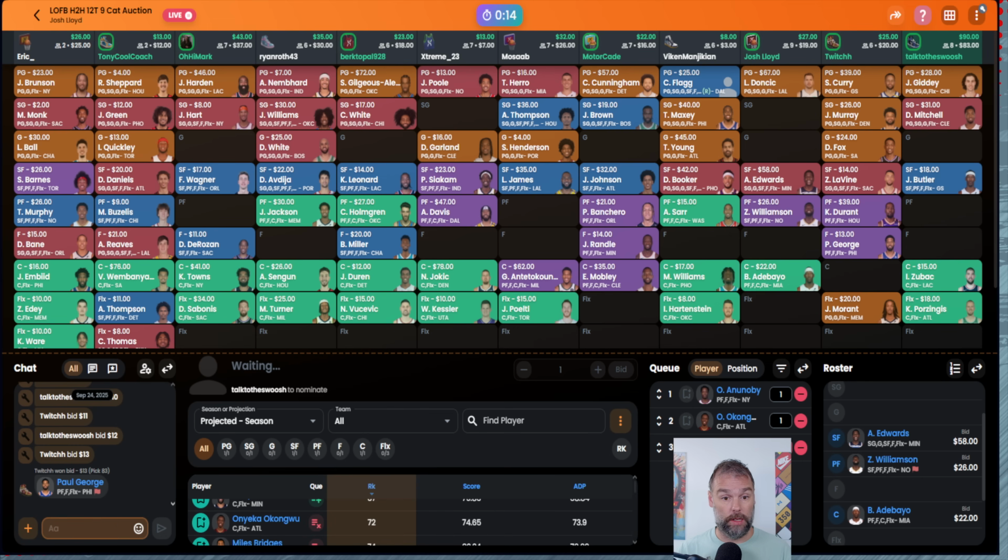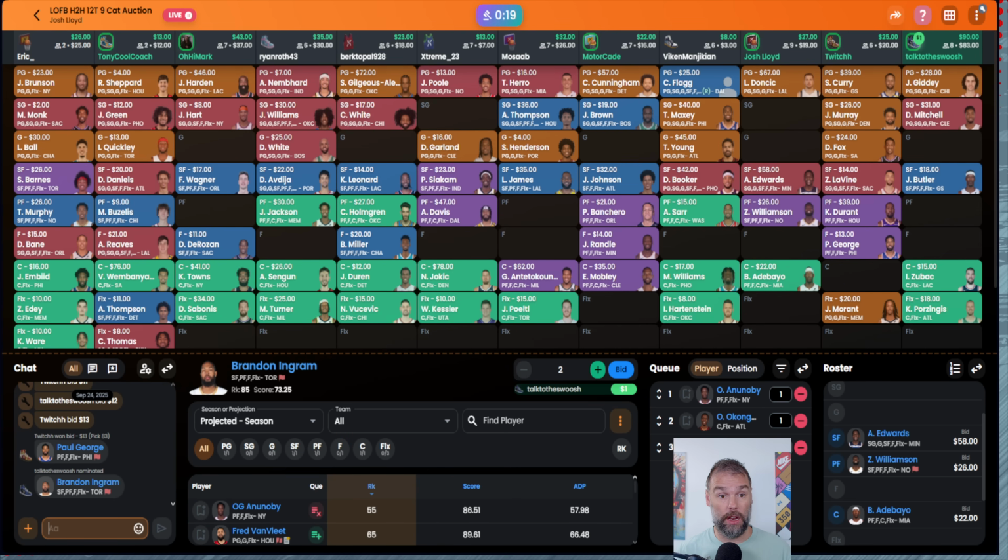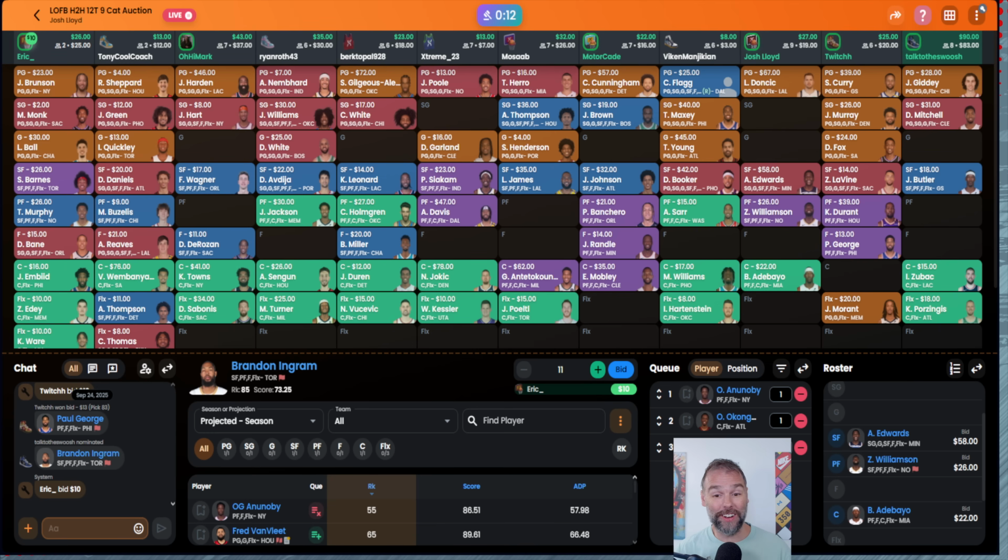Let's see what happens. It's Swoosh nominating. Last time I think he nominated someone, he was bidding up on them and didn't take them. Why do I care? 2 players with 2 spots left, by the way. Eric and Tony Coolcoach. Ingram. Brando Ingram. Eric, the $10 bid. What? What is going on with this guy? Which, again, for Ingram, he's $7 price on Yahoo. All right, I think he's probably worth more than that, but there's a lot of risk associated with it. But Eric just,